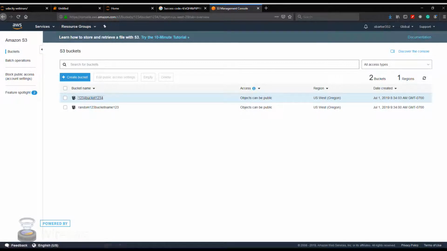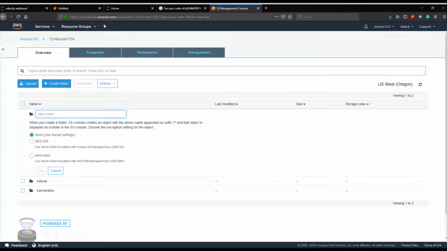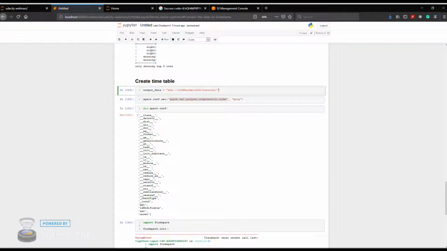So now that we have our buckets created, you would simply click on the bucket, and then you can click here and create a new folder. You click that, you create your folder name, and so on. There are some options here, like you can use server-side encryption with Amazon S3 managed keys. I'm just going to keep that as default. Okay, so with that said, we've defined our output data path,